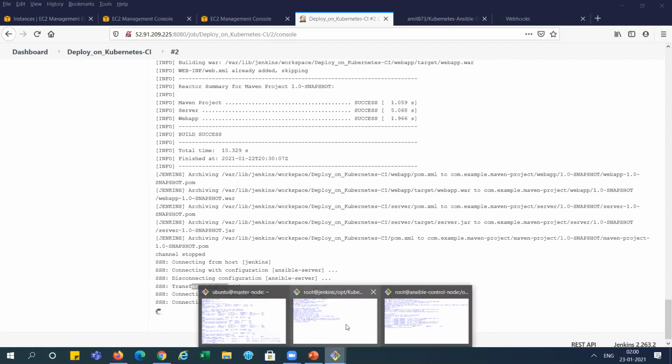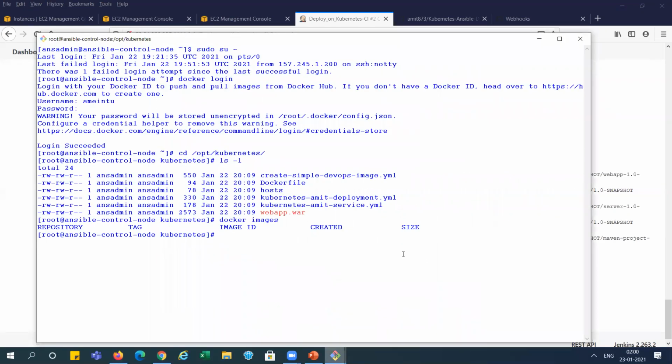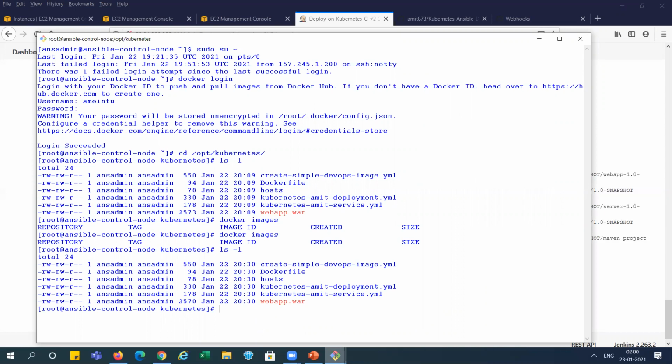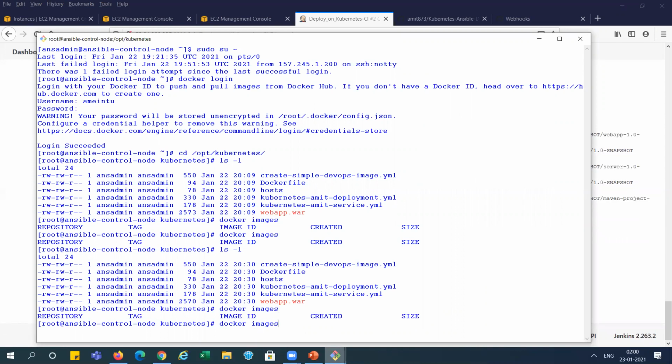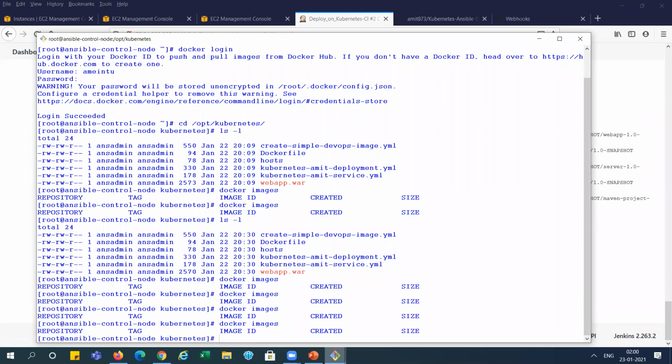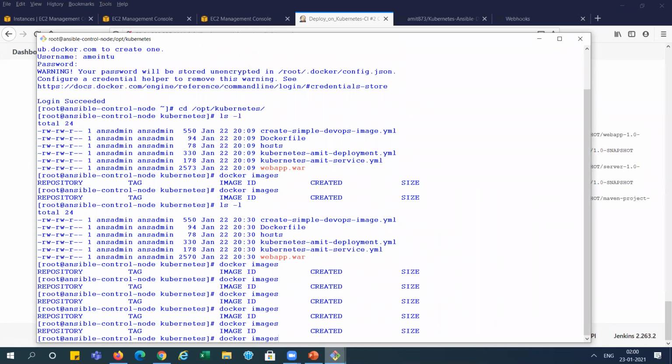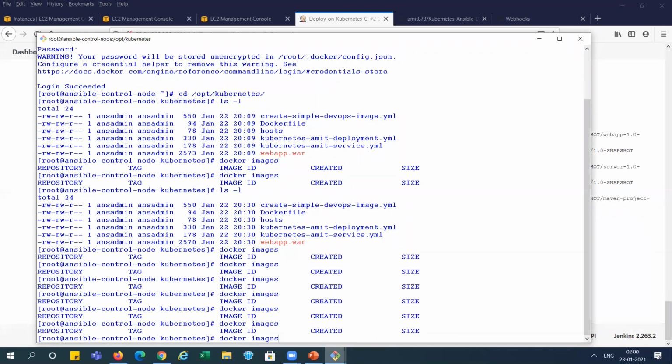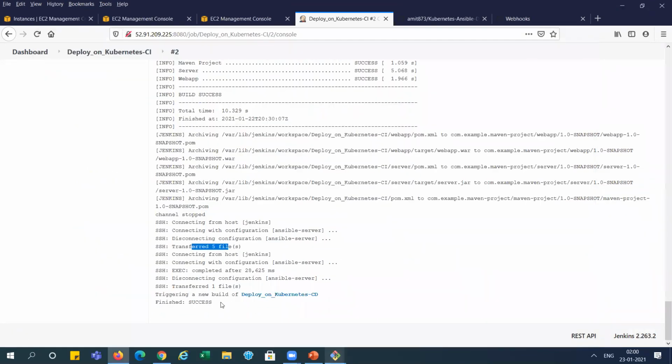Go on the Ansible server. I will show you. See here, Docker images I'm going to show you here. Nothing is here. ls -l to show you. You can see the time has changed, right? Okay. Now Docker images, just check whether we are getting it here or not. I think it is removed. Maybe let me check what actually is a success.